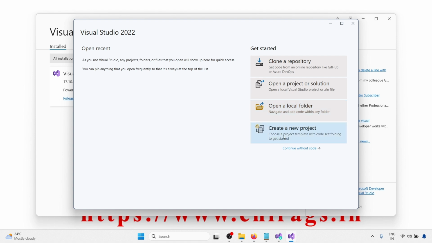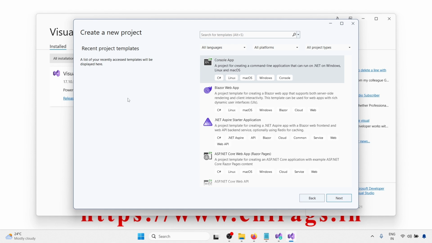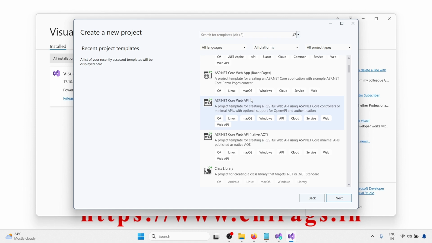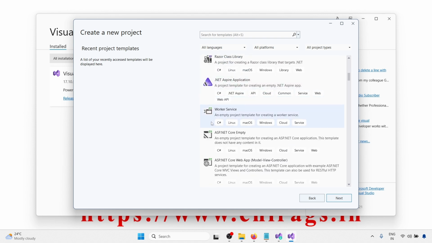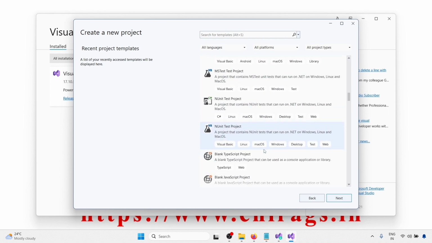Now I'm going to create a new project. So click on this, or you can continue without code and just go to the file menu and create the same thing. So I'm creating a new project here. You can see that all the Visual Studio core and MVC templates are there, and I'm not able to see the ASP.NET web application. So let me just search